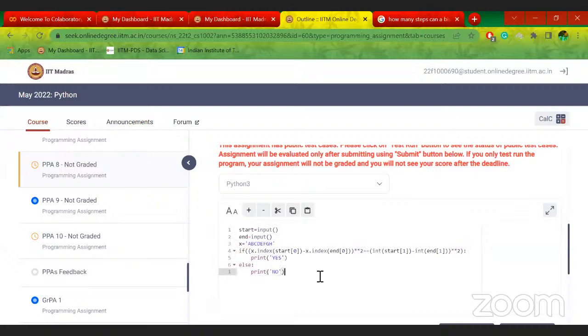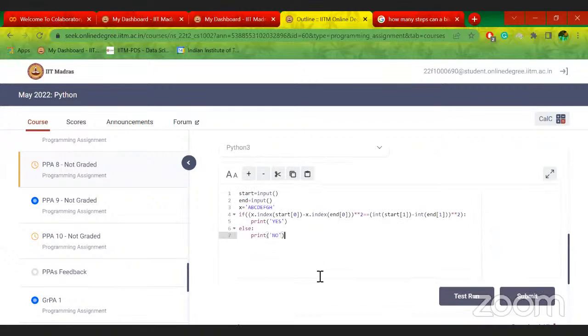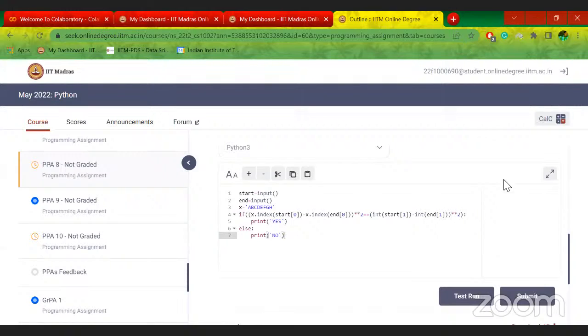Others, if you're done with PP8 and if you do not have any doubts, let us continue. Sir, now the start input will take, let us say, H1, B1 or C1 like that, alphanumeric. It will be considered as a string because I am not converting into integer or something like that, right? Yeah, you cannot convert. So now I put my input, let us say B3, and in the end input I will put C5.